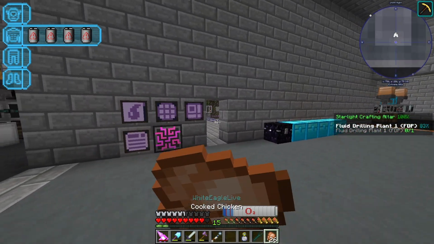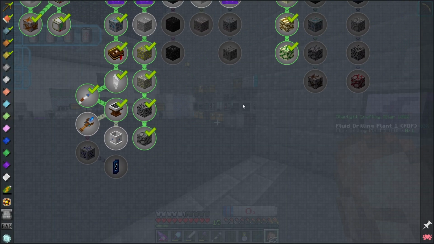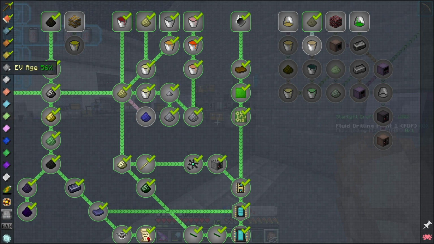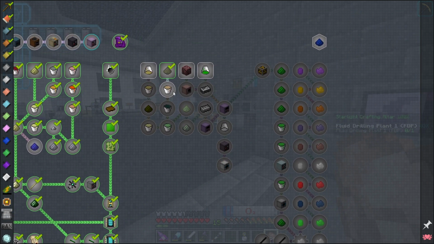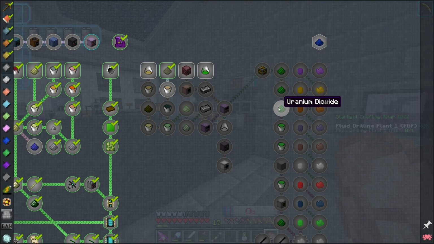Cool. There we go. So we got 2 of them done. So the reason I had that fluid drilling plant in there is because if you look here in the EV age and we look over on the nuclear side, which is what I want to kind of get into here, I see the argon. I was just kind of going along the top here and looking at the argon, and the argon can be made by